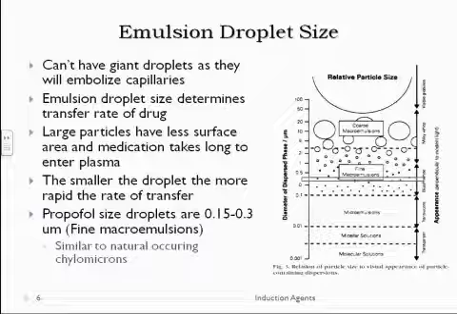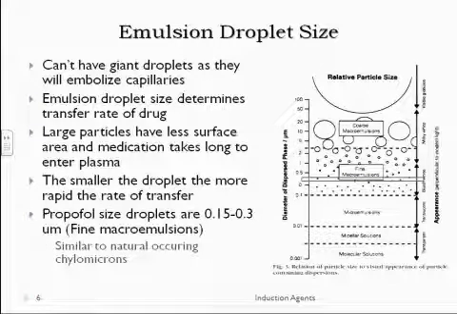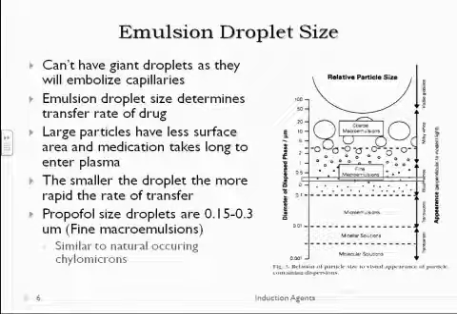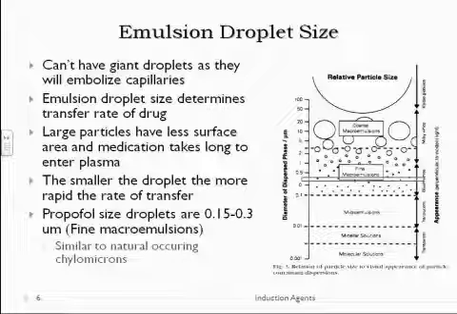So in our job in anesthesia, we've learned this a long time ago that you cannot give large emulsions with large droplets because you will harm the patient. Okay? So what we try to do is we try to find a happy medium that allows these carriers to go through all the blood vessels, including the capillaries, without any problems. And really the size that we are using is the fine macroemulsions, which is down here. So we're using the propofol size droplets are about 0.15 to 0.3 microns, which is about the same size of the naturally occurring chylomicrons in your body. So as a consequence, they don't beat up, they don't cause problems, and you don't get embolization normally in people